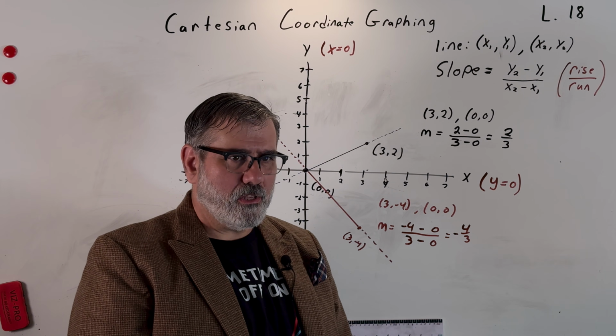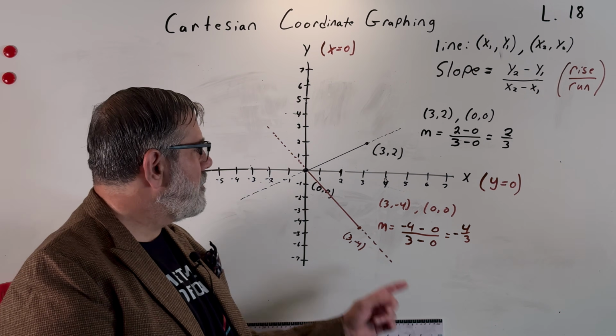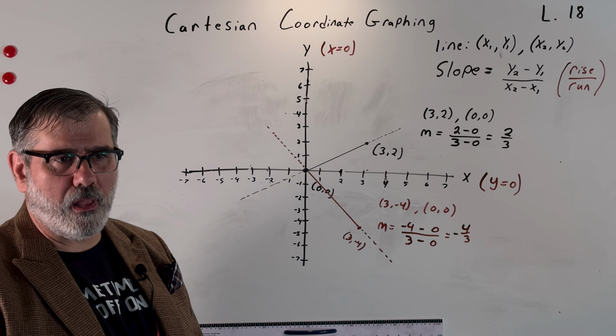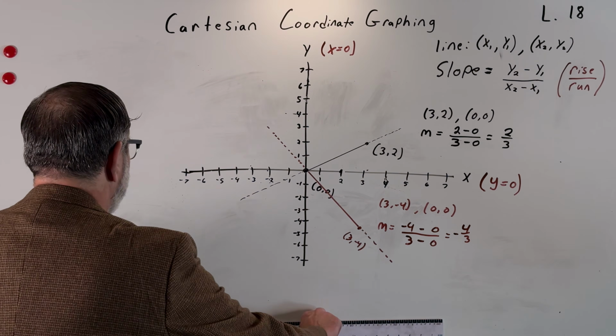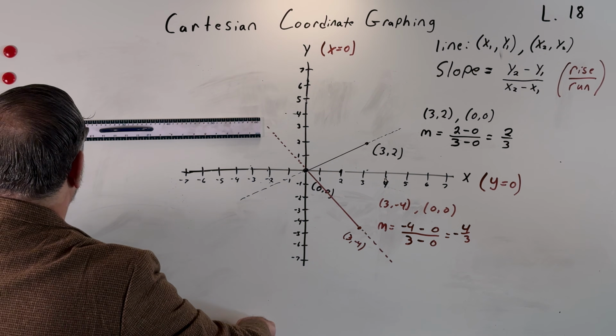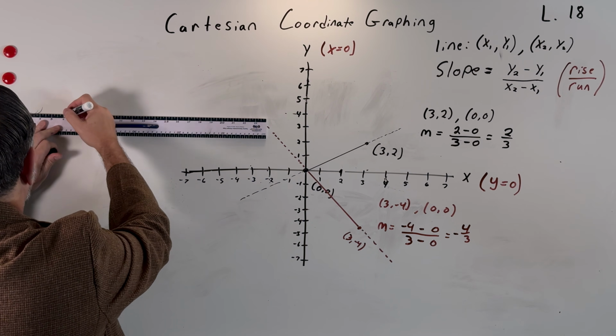The last thing I'm going to teach you how to do with Cartesian coordinate graphing is how to find the midpoint of a line. What do you think the midpoint of a line is? Point in the middle? Yeah. So let's do an easy case first. I'm just going to draw a little line right here, and it's going to be,